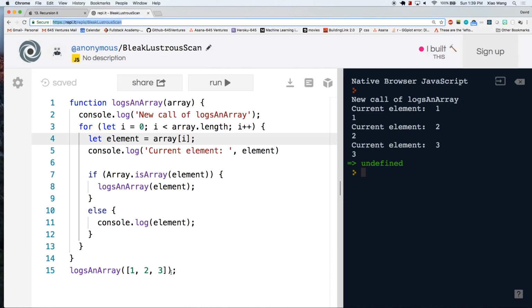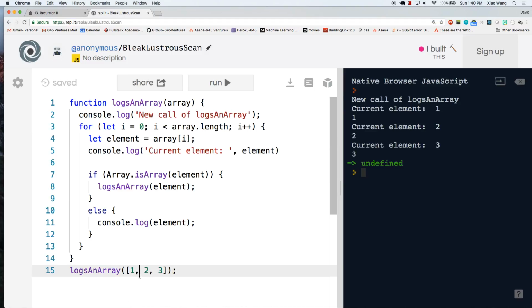So at this point, this is never true, so we never call logs-in-array again. If I ever call it again, I would see it print out over here. So all I do is go through this array once. This never happens. All we do is console log out element, element, and element. So in this case, for a plain array, we call the function once, we log out 3 elements, and we're done. On the other hand, if there was a level of nesting in this array,